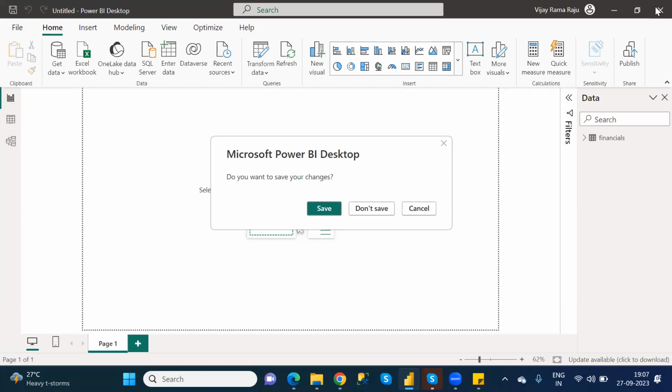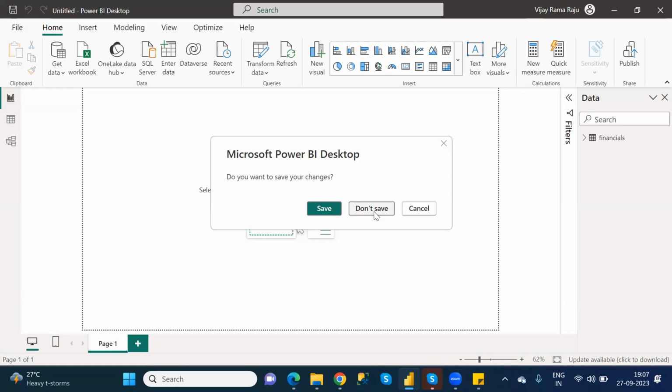Then whatever changes I did in that application, all the things are gone, right? So that means we cannot directly cancel any particular application. You need to confirm it again. When you click on this one, this pop-up message will come: do you want to save your changes? If you want to save your changes, click on save, or if you don't want to save, click on this button.